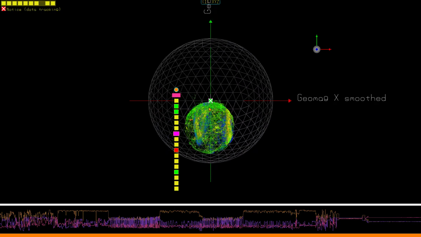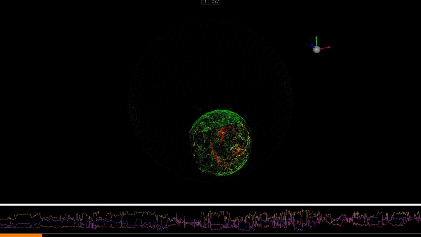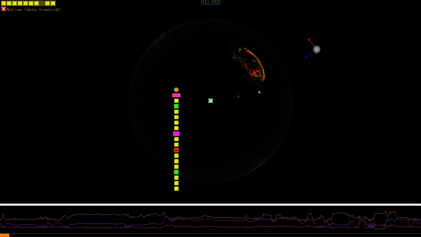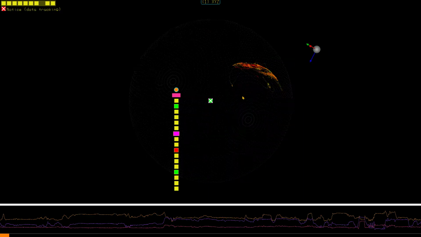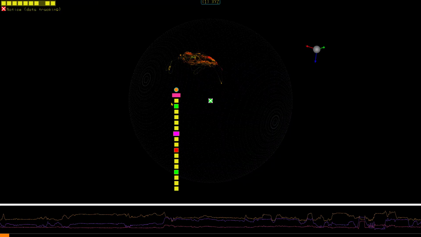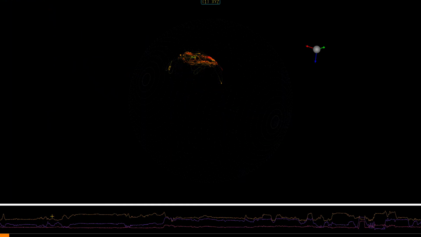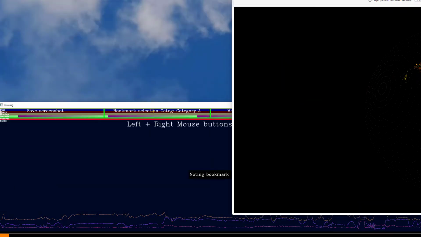Alternatively, if you only had a small amount of data present, such as this, if I reduce that right down, so we only have a small amount of data here from that original set, we cannot do normal offset correction because we don't have the full sphere for it to determine the min-max of the XYZ data. So we do it a little bit differently now. So we highlight our data, we create a bookmark, and move that back,